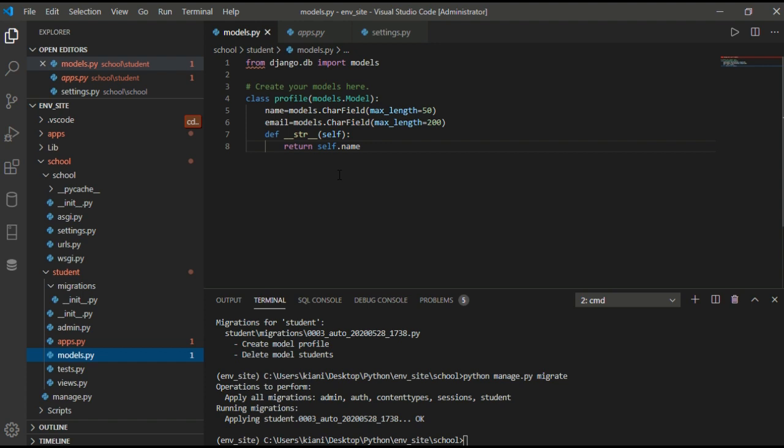We will concentrate more on the user interface, not on the database part. And modification is very easy because we are using classes. Everything is inside the classes, everything inside the modules.